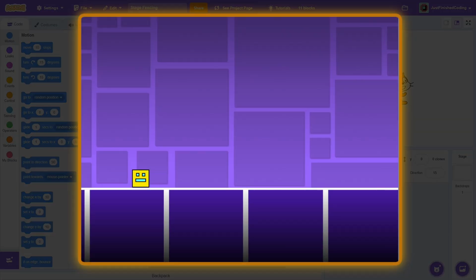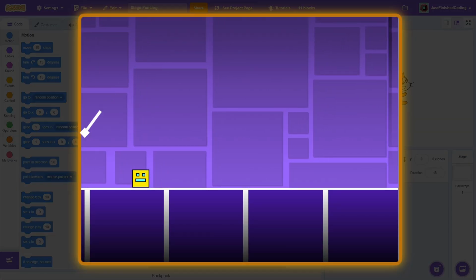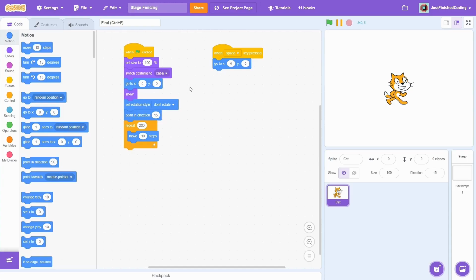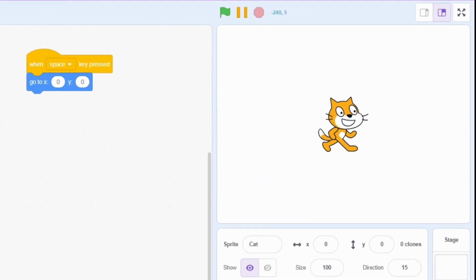Here is how you can fix one of the most annoying bugs in Scratch. Here is a simple project illustrating what Scratch does at its screen edges. Based on this code, what you'd expect to see is the cat move at this angle and then exit the